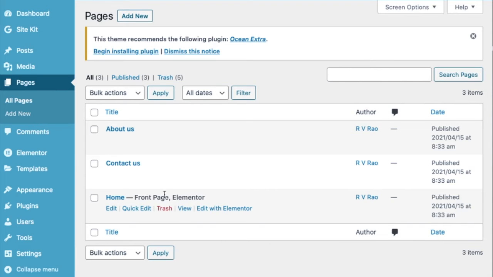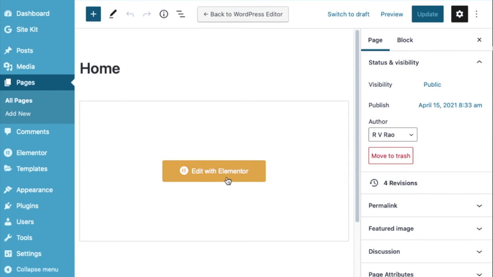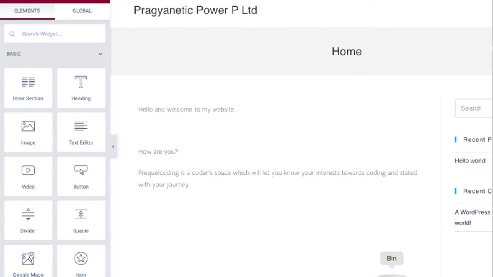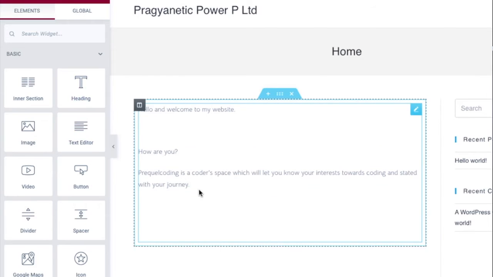Previously you did not find this front page because the settings must be changed, or else unless you type your website name, you will be directly redirected to your blog post which you are editing. So by changing the latest post into a static option, you will be able to display your home page as you have edited. So now this is my home page. Now you can remove all these sidebars by asking it to remove in the site editing option only. We are done with the home page right now.